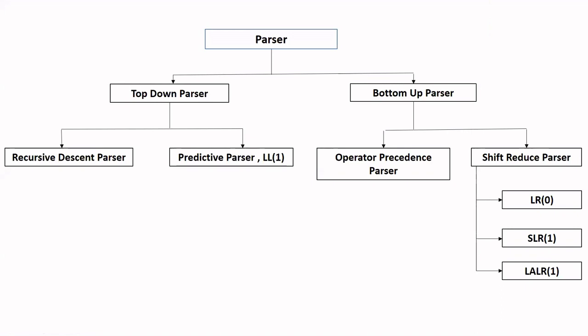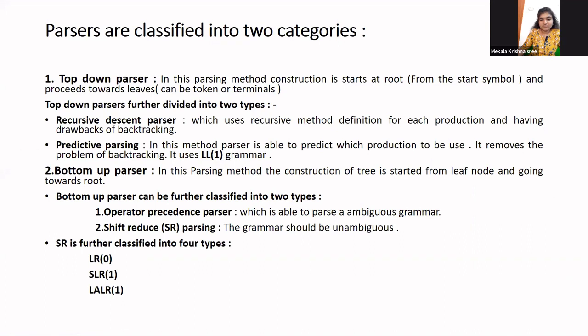Okay. Now I think you have some knowledge about ambiguous grammar. When do you call a grammar ambiguous? When we can construct two parse trees, when you have more than one parse tree for the given input string. When you can construct more than one parse tree for the given input string and the grammar, such a grammar is called an ambiguous grammar.